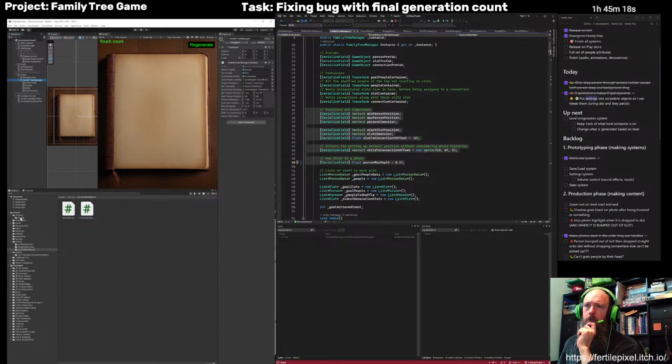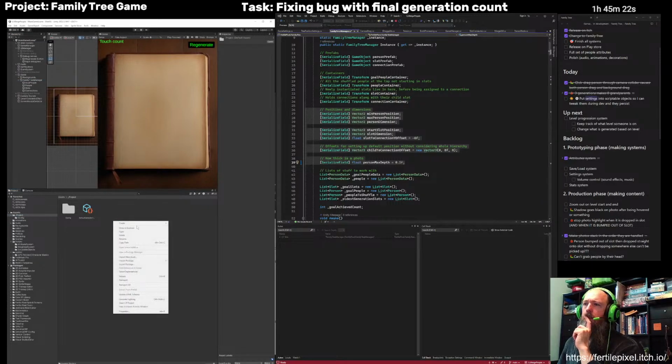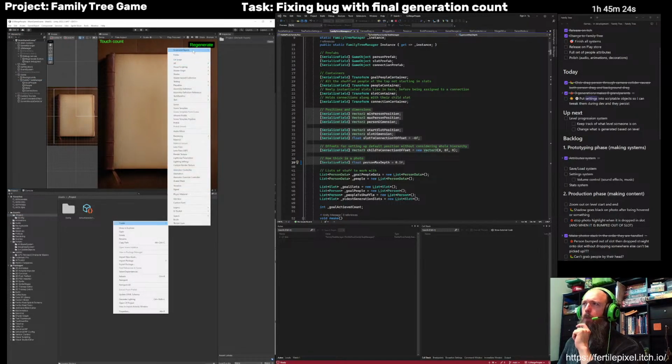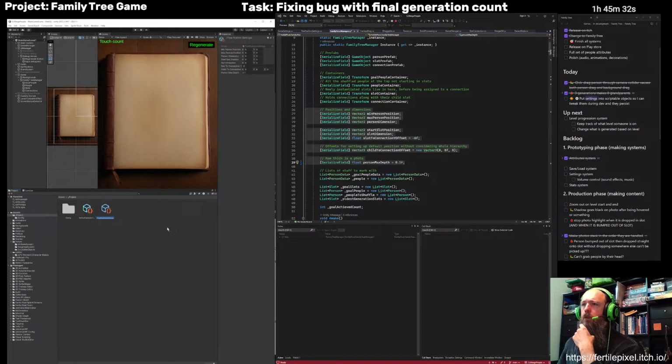So just jump in here, and I'm just going to create a scriptable object. This doesn't have to be under scriptable objects in here. You can put these wherever you like. But let's grab a tree position settings, and I'll just leave it with that name. Yes, let me just